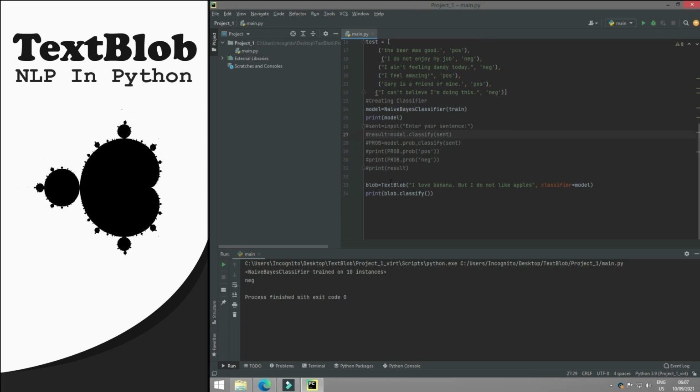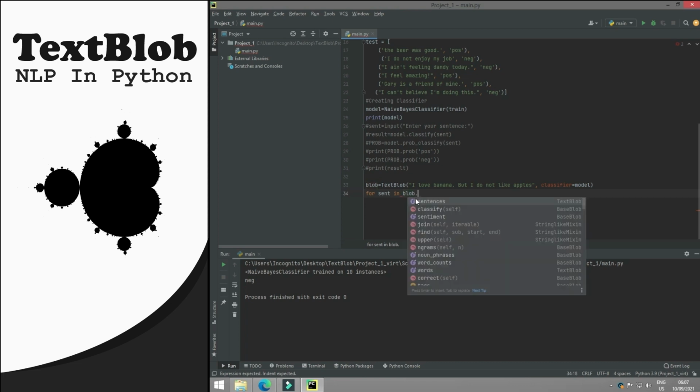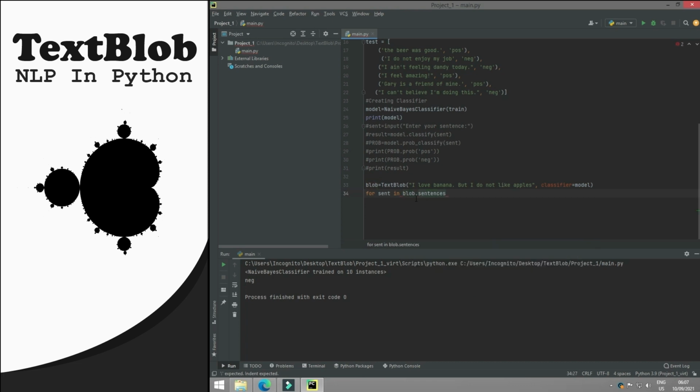But using TextBlob, we can loop through all the sentences and classify these sentences separately. So let's loop through these sentences. I will write here for sent in blob dot sentences. First of all I will print that sentence, and then I will tell the user whether this sentence is positive or negative. So just write sent dot classify, and now I need to classify this sentence. So if I run it,